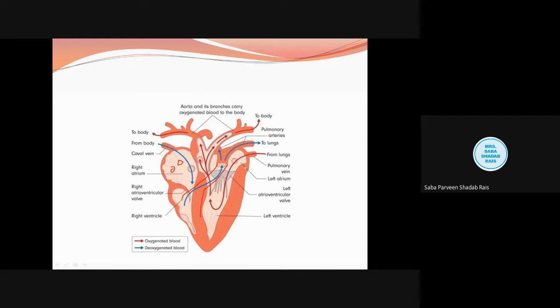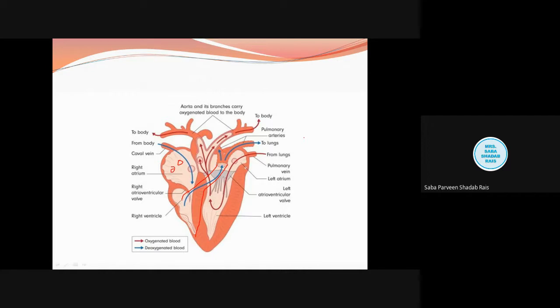Okay, so this blood will be going to the lungs. Now see, you can see here the pulmonary aorta is there, and this pulmonary aorta is bifurcating and will be going to each side of the lung because two lungs are present. This pulmonary aorta is also guarded by the three semilunar valves. Here we will not discuss the semilunar valves because in the earlier example we have discussed it in detail.